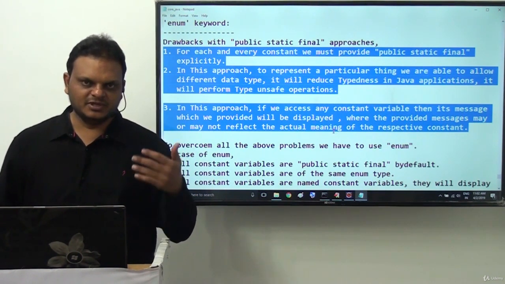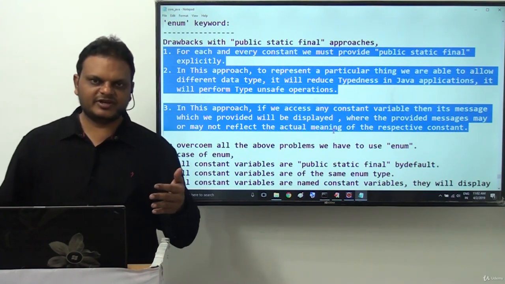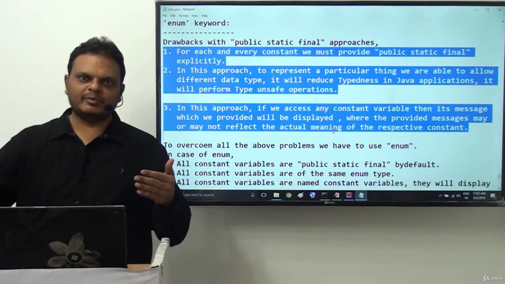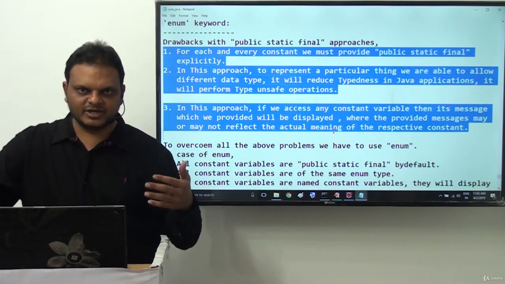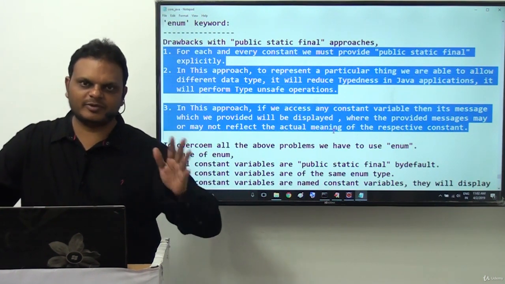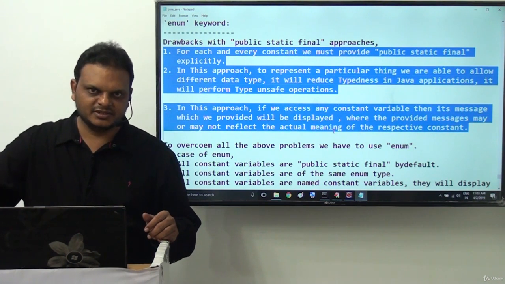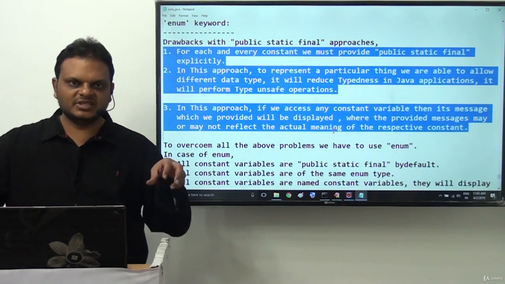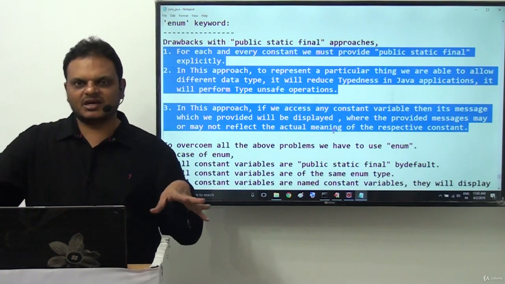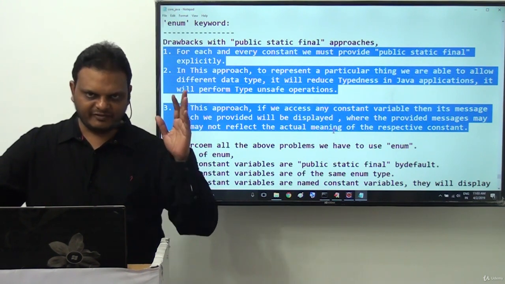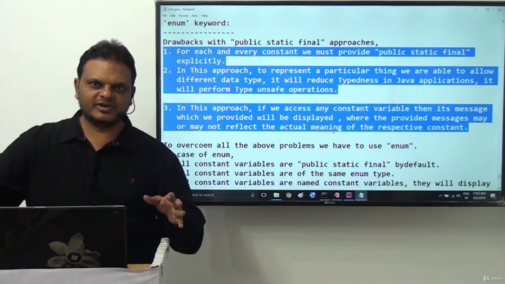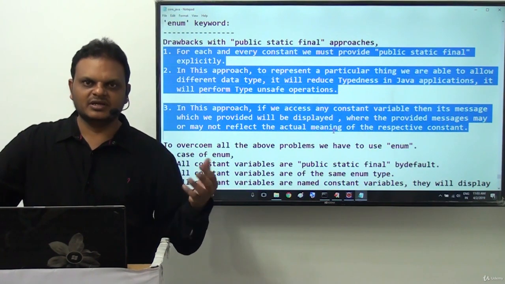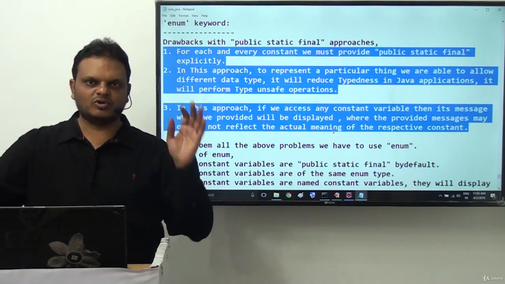Whenever we allow different data types, typedness will be reduced, and when typedness is reduced, automatically type unsafe operations are going to be performed over that. And the third one: if you are accessing constant variables, the values of the constant variables are displayed, where the values may not reflect the exact meaning of the respective constants.